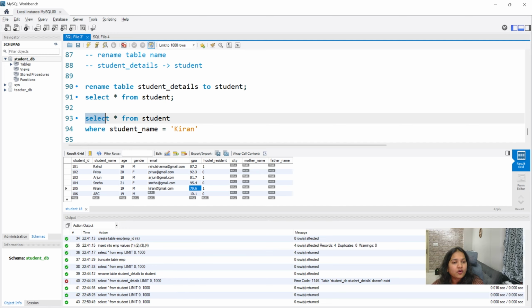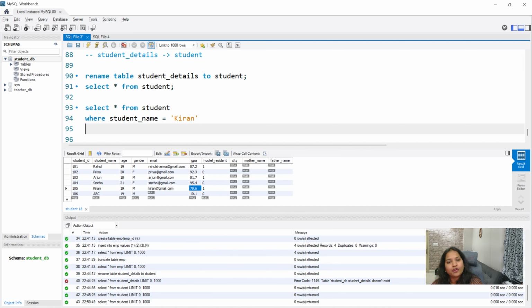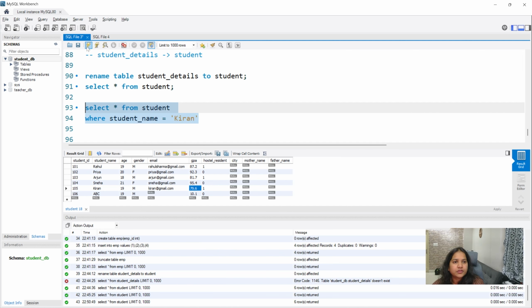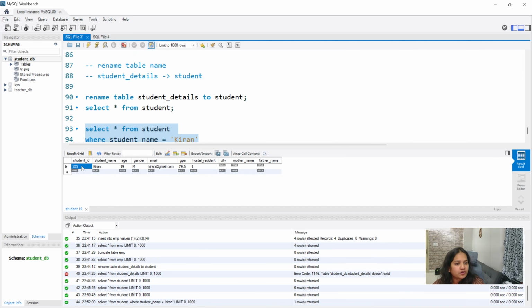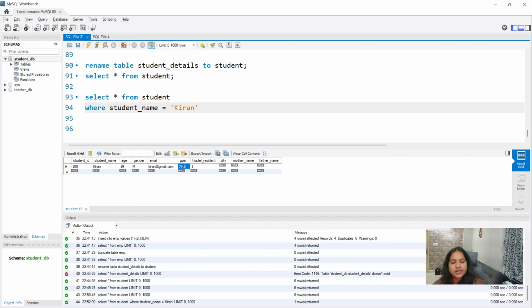You're taking all the rows from student, where star means all the rows, where student name is equal to Kiran. Because it is a string, we use double quotes. If it is not a string, we will not use quotes. Run this, and it will say, okay, 105, student name Kiran has a GPA of 9.6. This is the easiest process, right? You can just go and check this.